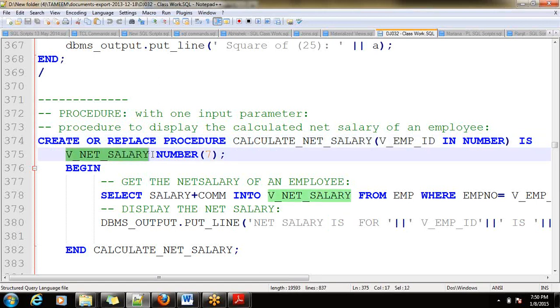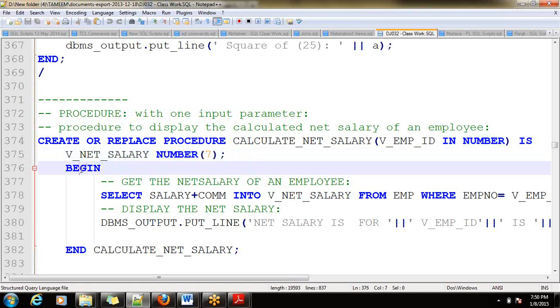As I am going to calculate the net salary, I have declared a variable net salary. V underscore says that it is a variable. Calculated net salary is numeric. And inside begin end, I am going to compute salary plus commission.